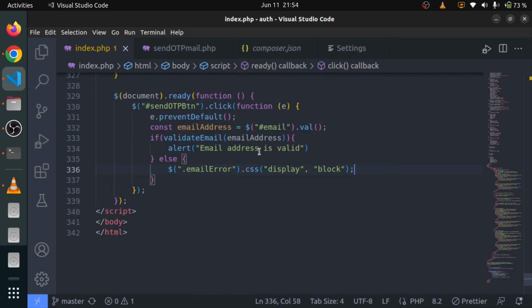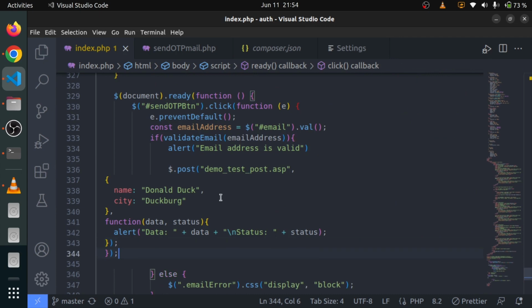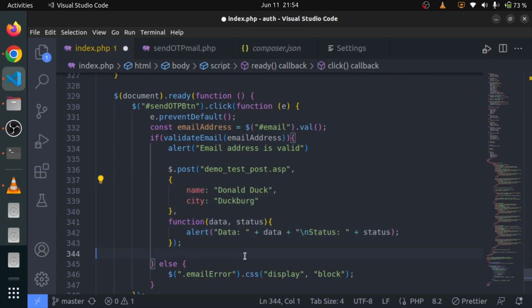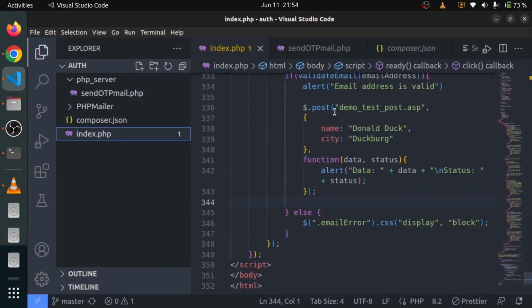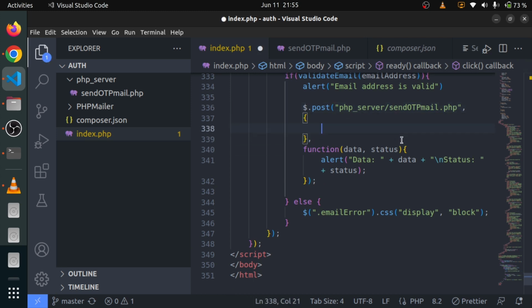So right now I'm going to just copy and paste these things here, format it a little bit by hand, and let me write the file where I want to send this OTP. This is the page name, the .asp page name, but right now we have sendOTPmail.php, so we are going to write its location relative to the current folder. So it's going to be php_server slash sendOTPmail.php, and inside here this is the object of data that we want to pass. We will say email address,